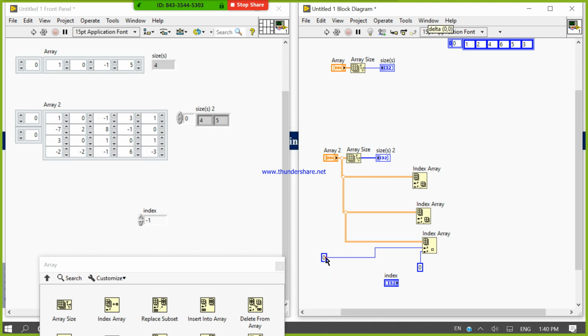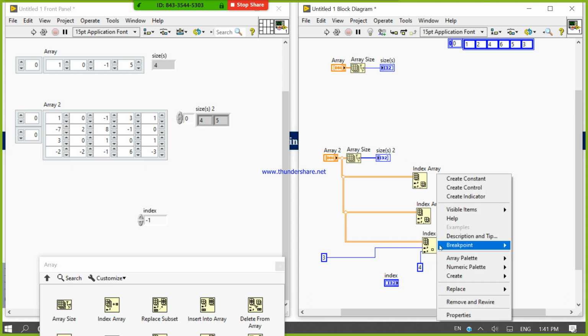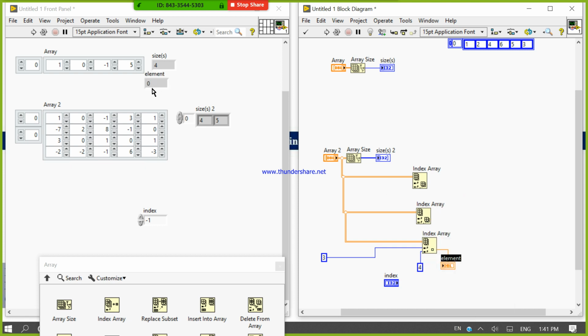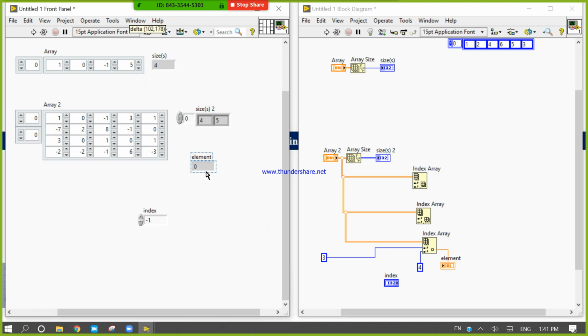If I give 3 cross 4, the values are 0, 1, 2, 3, so it will be -3. Look here, 3 cross 4, create indicators, so I get -3.